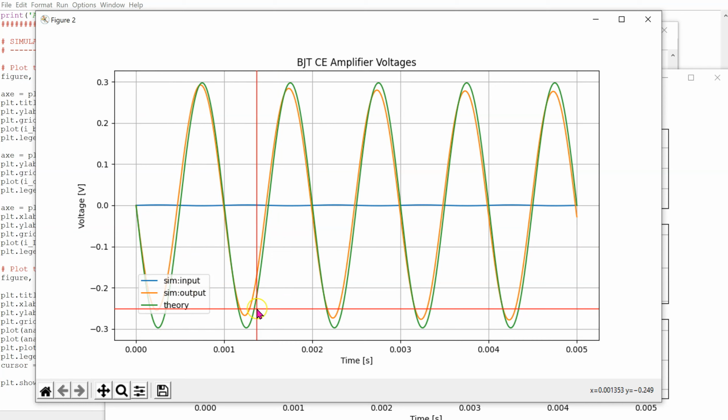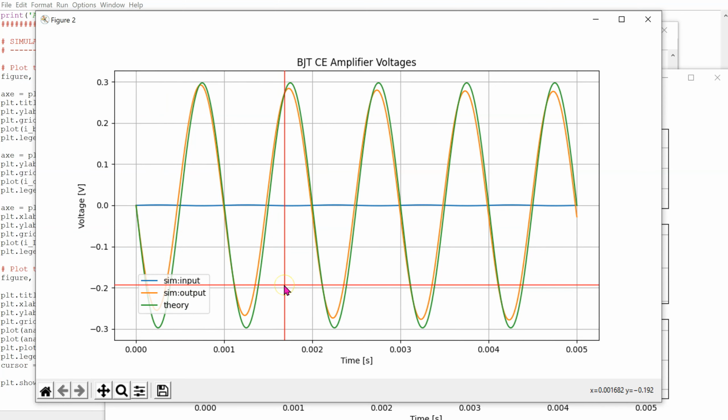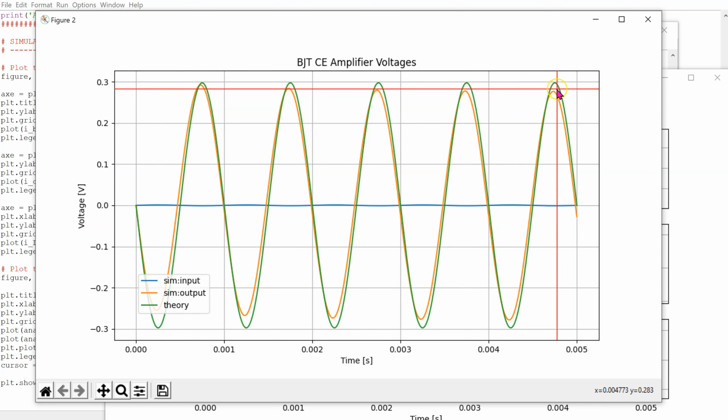We can see the initial transient in the output. The steady state output voltage is around 277 millivolt. The theoretical output voltage peak is around 300 millivolts, and a beta of 300 has been used in the calculation of this result.